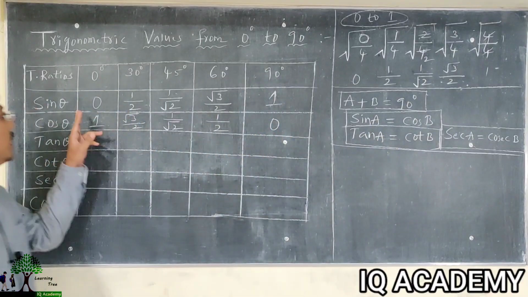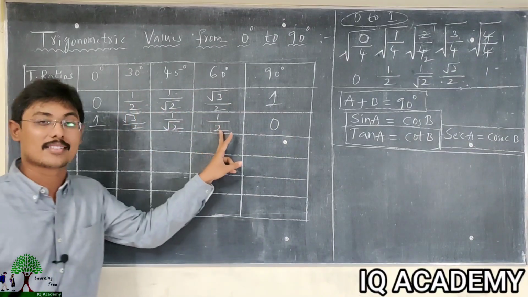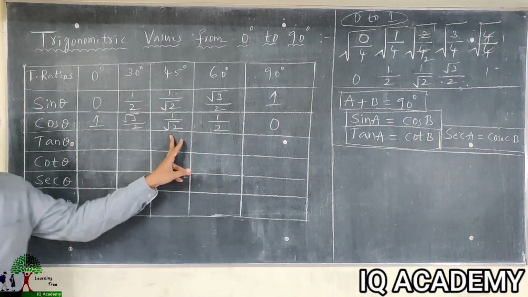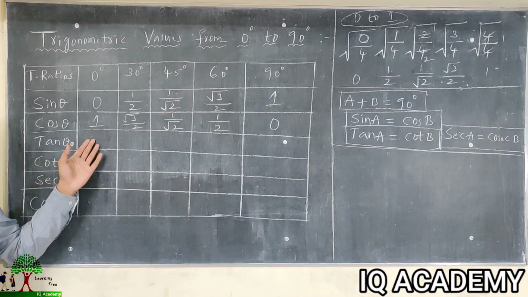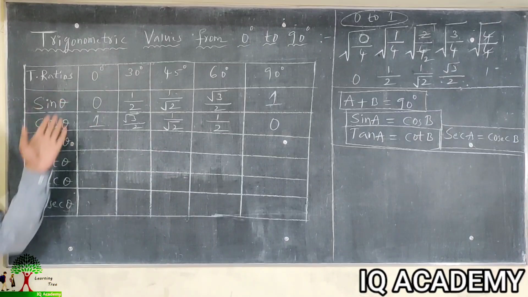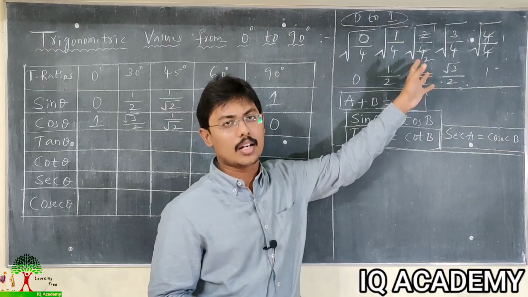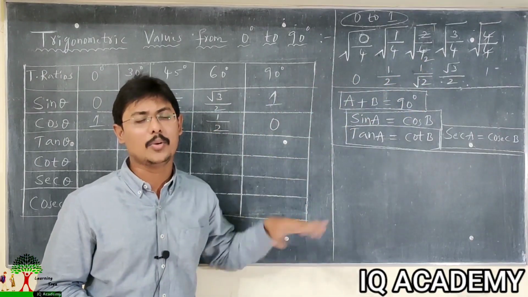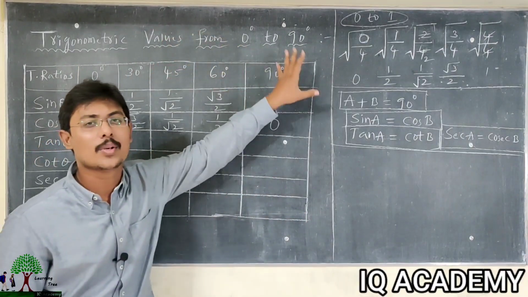That's why sin 0 equals cos 90. Sin 30 equals cos 60. Sin 45 equals cos 45. 45 plus 45 is also 90. Sin 60 equals cos 30. Sin 90 equals cos 0. So this is the reason behind this. Sin theta and cos theta both are completed. Sin is very simply completed by using this trick. And now cos is also completed by using this trick. We are applying the tricks, not doing it by heart. This is the concept of finding the trigonometric values from 0 degrees to 90 degrees.